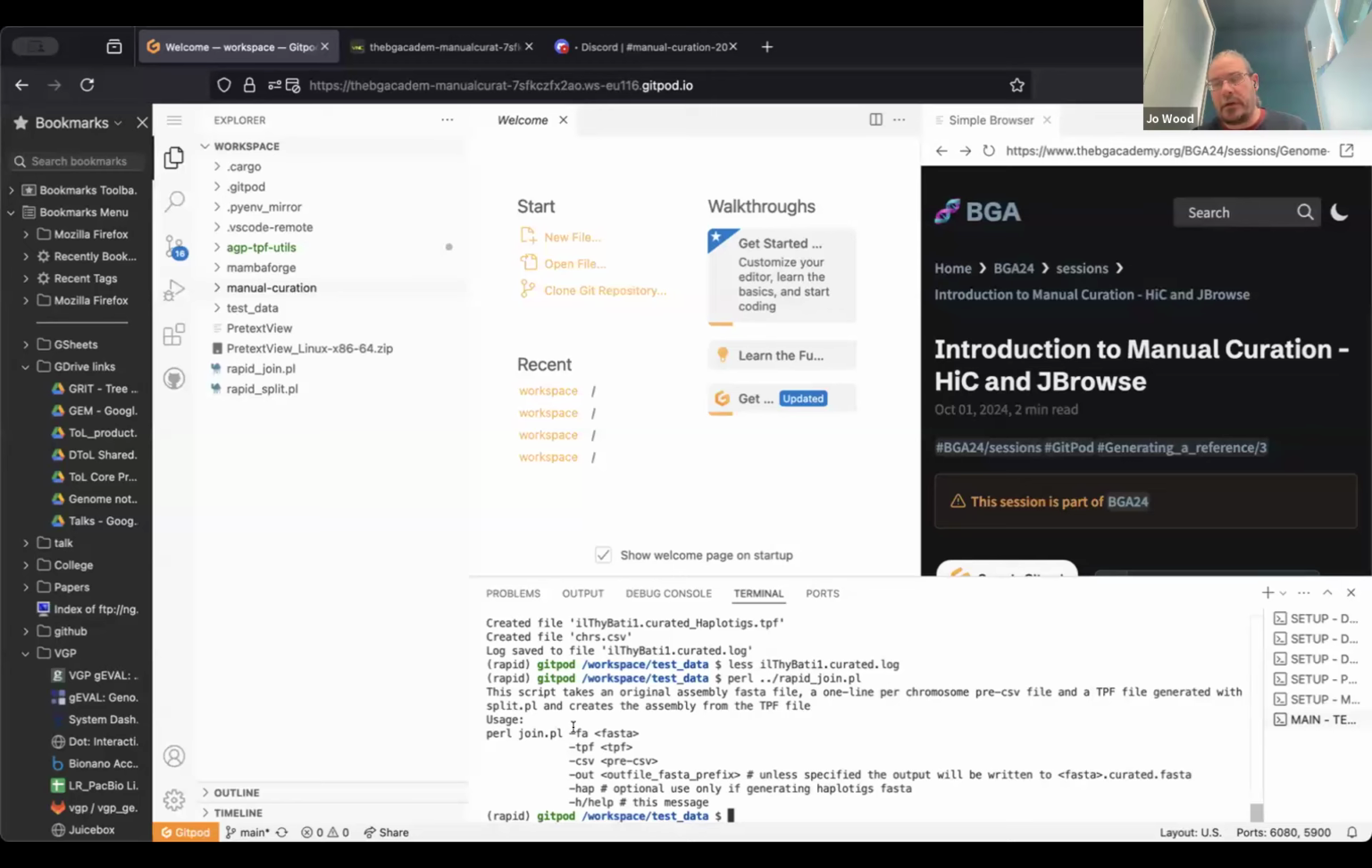So if you're working with a diploid genome, you could produce haplotype 1 and haplotype 2 FASTA files at the same time. But in this case, we've only got a primary, so this will suffice for the moment. So again, we need to provide our original FASTA assembly file. We will provide our new TPF file, our chromosome CSV, our list file designating which sequences are actually chromosomes, and we'll give it an out file prefix that will